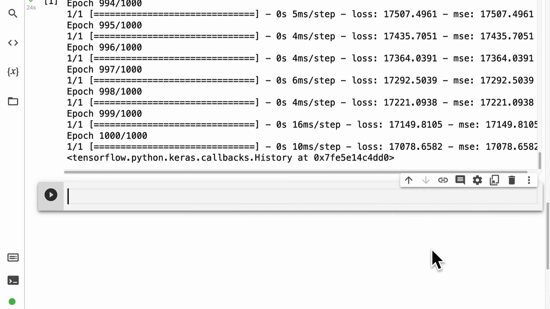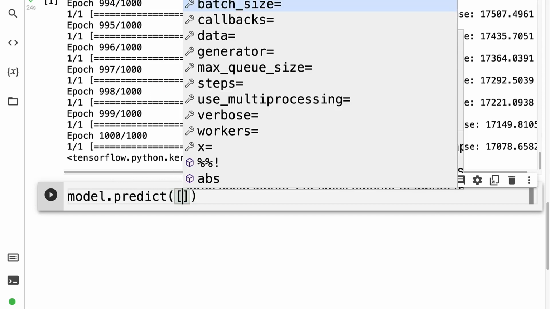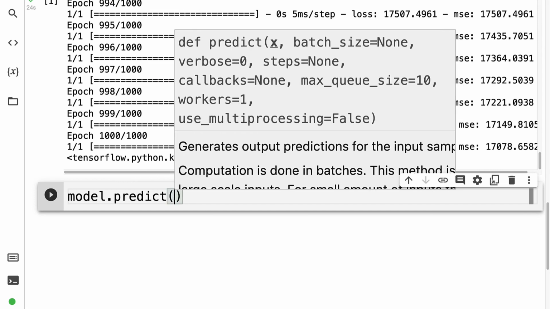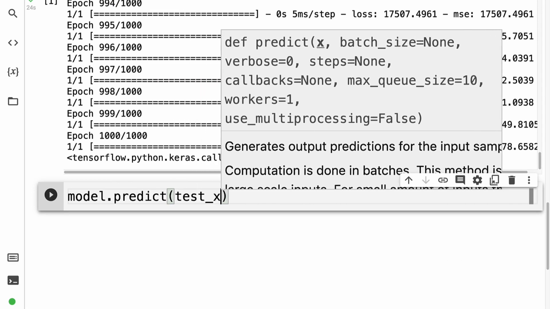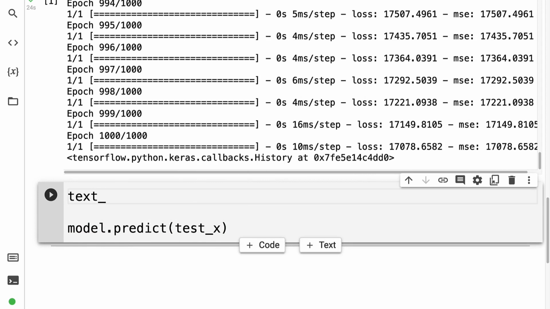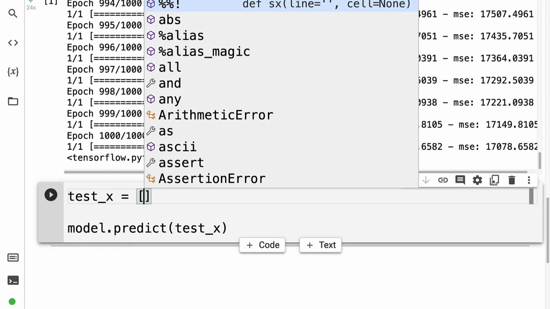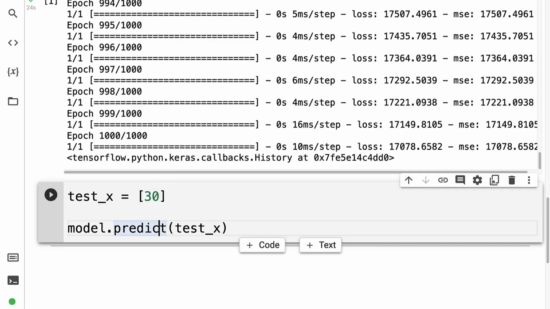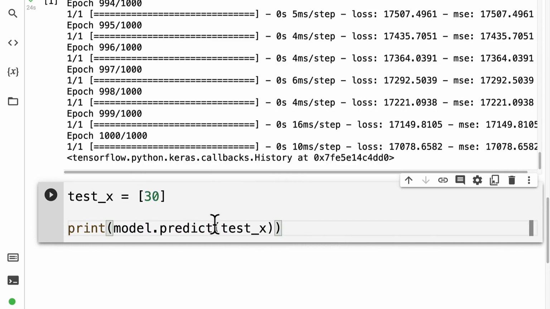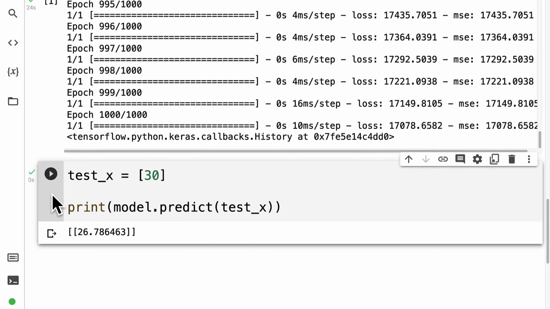model won't be flexible. You can actually already test out the model by calling model.predict and then passing it a list of values. These are referred to as the testing x values. So you can actually make a variable called test x and set it to a list of values you want to test. For example, 30. Let's just try testing out 30. Then we can also wrap this in a print function to print our results. If we run this, you'll see our results. We get a value of about